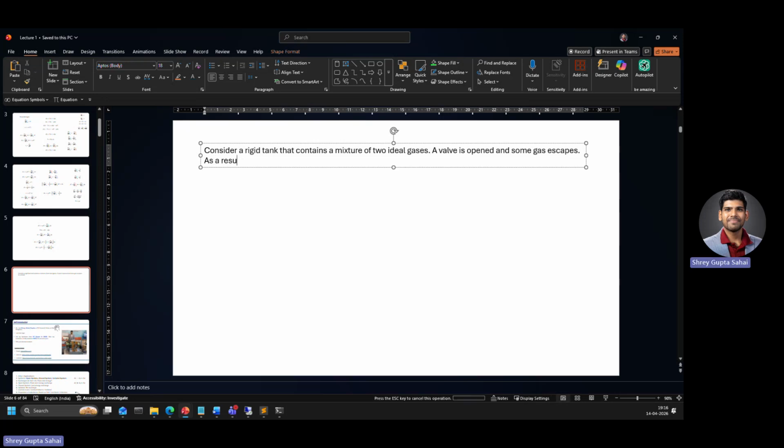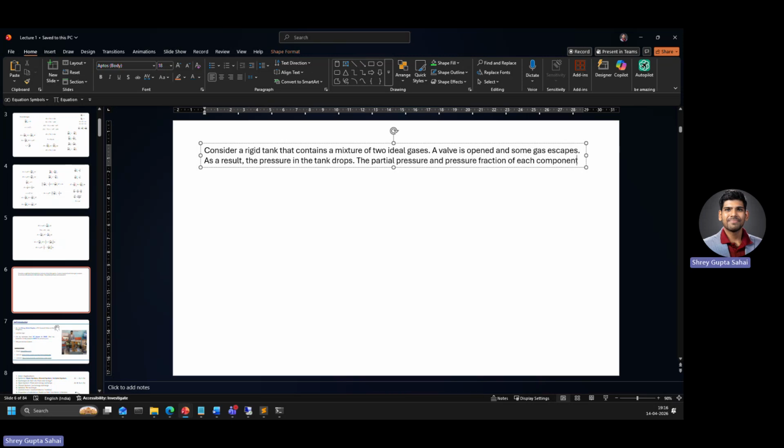As a result, the pressure in the tank drops. The partial pressure and pressure fraction of each component will,